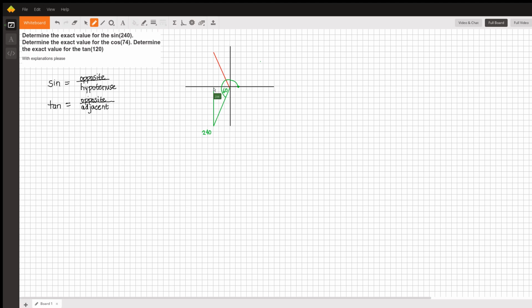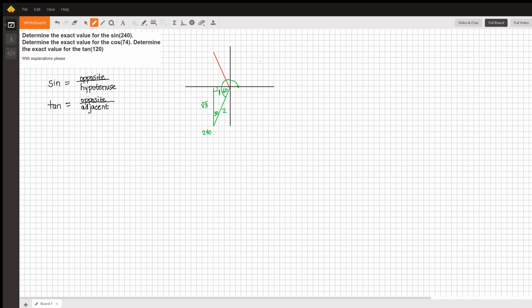We can think of ourselves as now drawing a right triangle that goes straight to the x-axis, and that means that this third angle has to be 30 degrees so that the angles of the triangle add up to 180. When we have one of these special right triangles, a 30, 60, 90 triangle, there's a special relationship between the three sides. If the shorter leg has a distance of 1, I'll draw that in here, then it means that the longer leg is going to have a distance of square root of 3, and the hypotenuse will have a